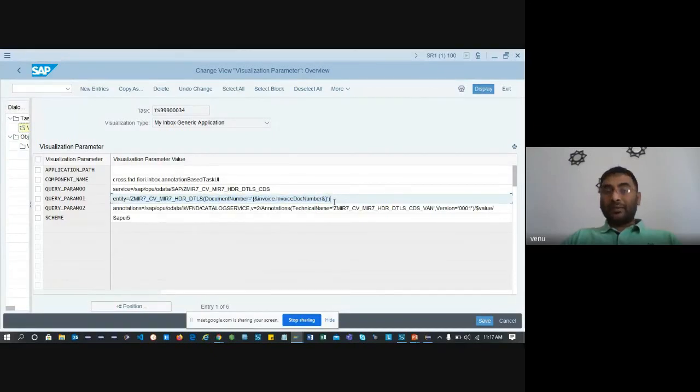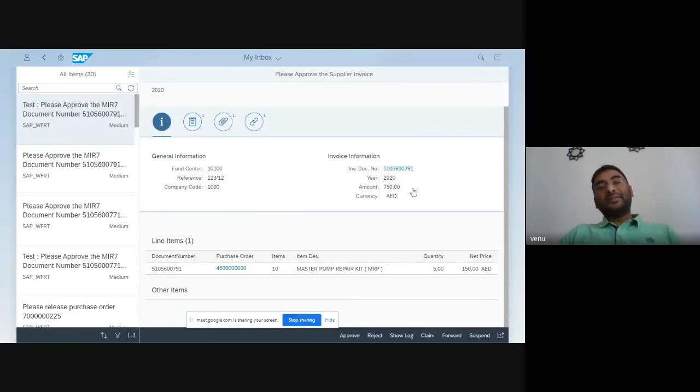So these input parameters are required, which are defined in the workflow, that you have to take from the workflow consultant, and what catalog information you are going to bind. This is the configuration part where you can maintain your SWFVISU. Once this is done, your CDS view is available in My Inbox.